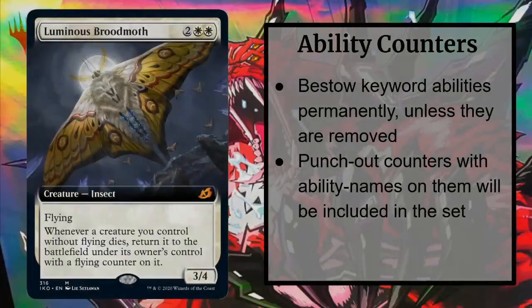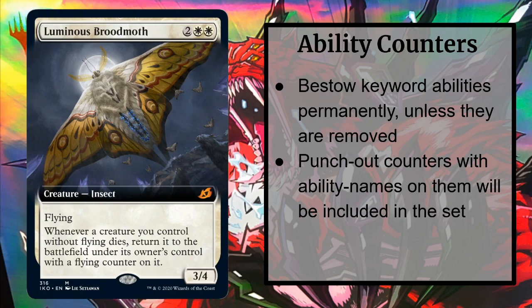And the other mechanic in Ikoria that really plays into the build your own monster theme is ability counters. So these counters are going to bestow keyword abilities onto your creatures. Luminous Broodmoth, for example, puts flying counters on your creature, and a creature with a flying counter on it has flying. And there's also counters like Trample counters, like Deathtouch counters, like First Strike, Double Strike counters, all the typical